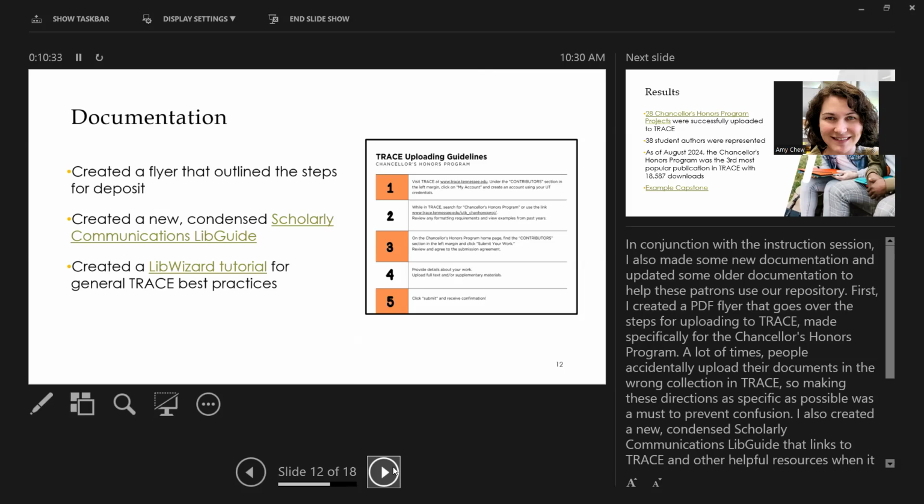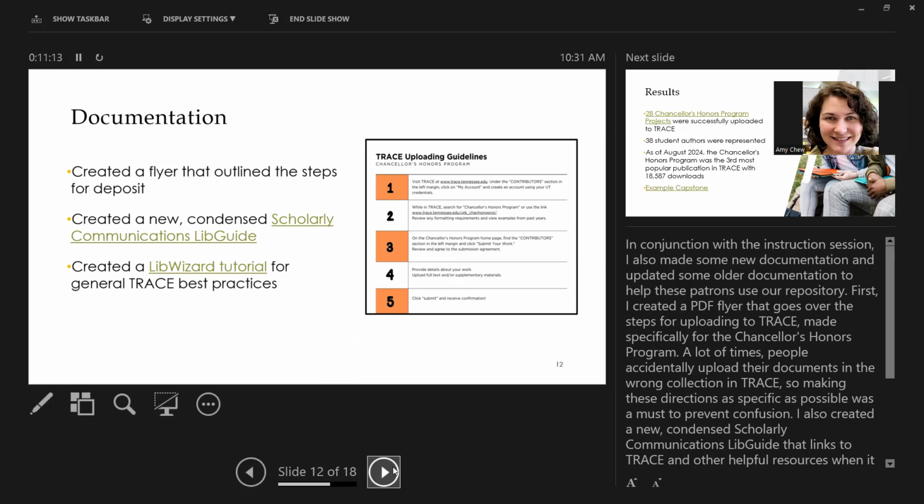And then also I worked on making a new condensed scholarly communications LibGuide. This was important because when I came to UTK, there were a lot of great LibGuides, but that was the key word, a lot. There were so many and they were great, but it could be confusing as well. It was just kind of information overload with some of the guides. They all linked to each other and it was just pages and pages of information, which again was all great, but it needed to be condensed and it needed to be more user-friendly and stop using so many library jargony terms. It was confusing for people.